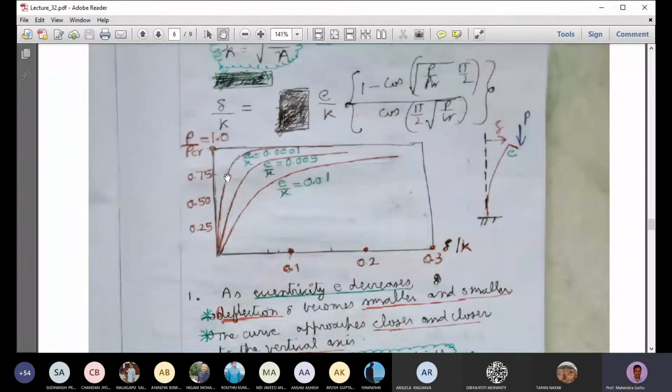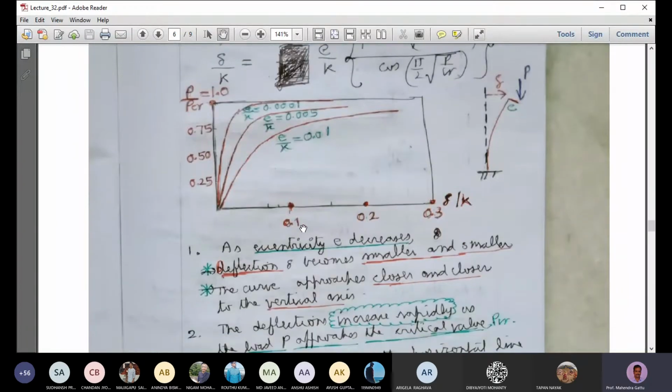But what happens is, as the load approaches the critical value, P critical, the deflections will increase at a very rapid rate. Until this point it is a very linear increase, but once we approach the P critical load, the deflections are rising up very rapidly. This is the analysis we can get from looking at these graphs.